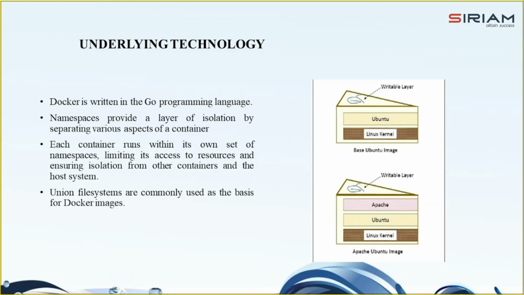The Linux kernel is our base layer. Then we might add an operating system like Red Hat Linux or Ubuntu. Next, we might add an application like Nginx or Apache. So every change creates a new layer. Finally, as you make changes and new layers are added, you will always have a top layer that is called a writable layer. You can see in this picture that the topmost layer is the writable layer.